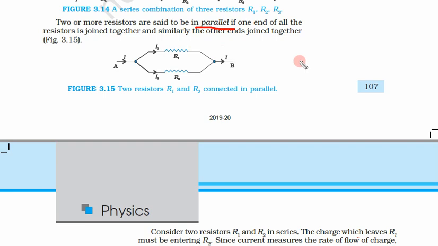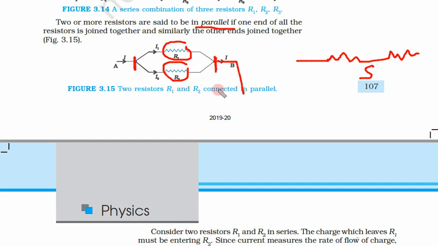Now instead of series, meaning in line, we have resistances that are parallel. This resistor is parallel to that one. Resistances R1 and R2 are parallel. Again here we can see that the first end and the second end of both the resistances are connected directly to the external power supply. Let us say this is positive, this is negative. So these are connected.